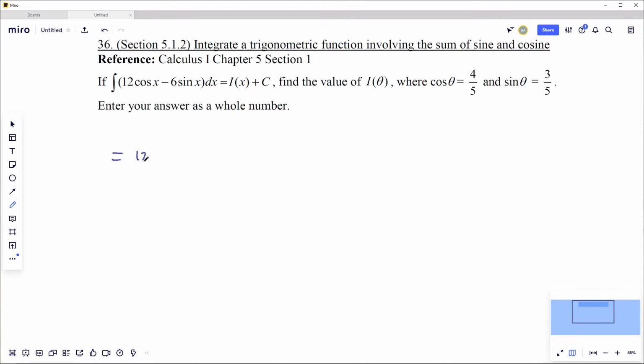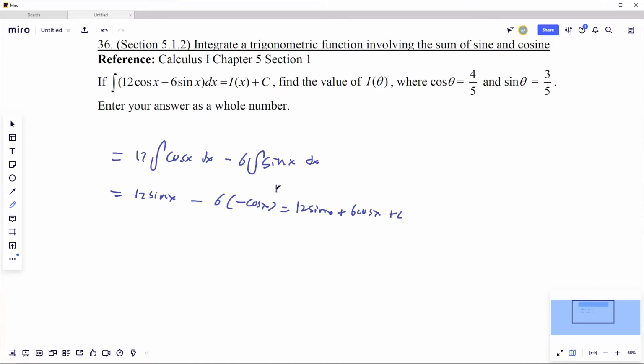So for this one, again, you need to break the integral. So 12 times the integral of cosine x dx minus 6 times the integral of sine x dx, and then this is equal to: the integral of cosine gives you sine, so 12 sine x minus 6 times the integral of sine x, which is minus cosine, so like that. So 12 sine x plus, because minus minus, 6 cosine x, and you have plus c